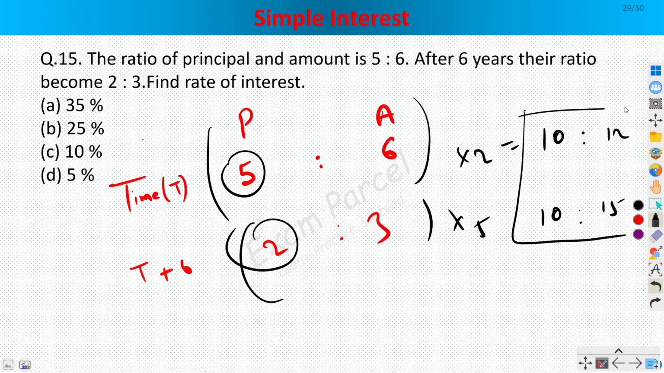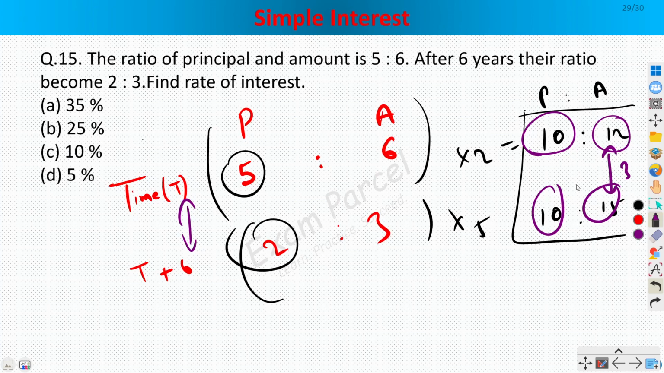Principal and amount. Now here we have the same principal, 10. Now in 6 years, since the difference was 6 years, we got 3 units of simple interest, right? What will be the simple interest here? 12 minus 10, 2 units. And what will be the simple interest here? 15 minus 10, 5 units, right? So what is the difference? 3 units. So in 6 years,